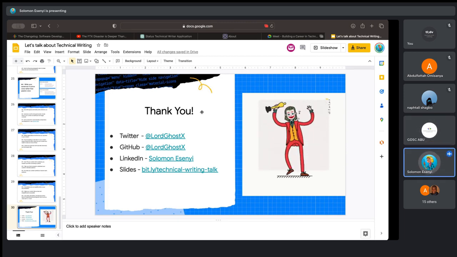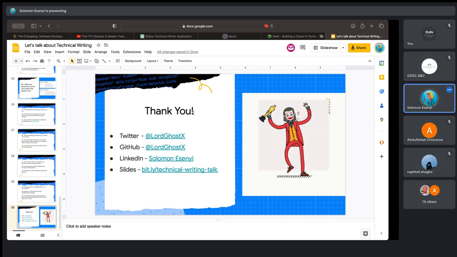Okay. So the thing about this whole discussion about AI taking up writing jobs, for me, it's all about point of view. You can look at it that it's going to replace every single writer in the world, or you can look at it that it's going to help every single technical writer, or every single writer in the world. For me, I see it as a tool that would help me do my work better.